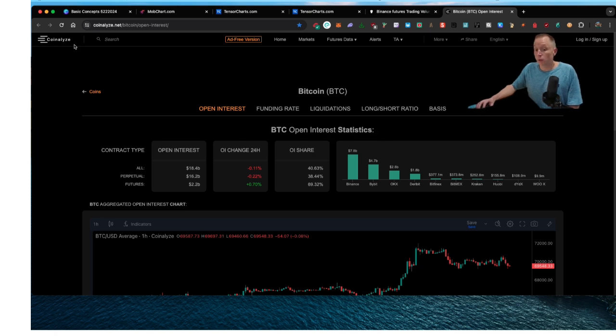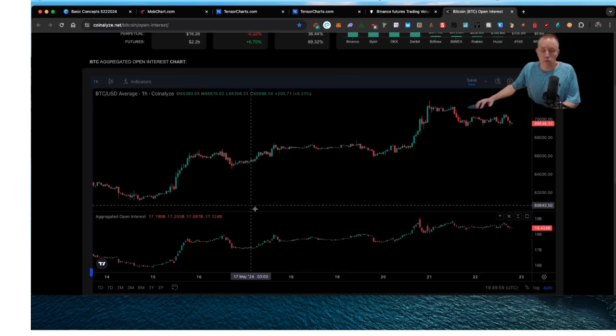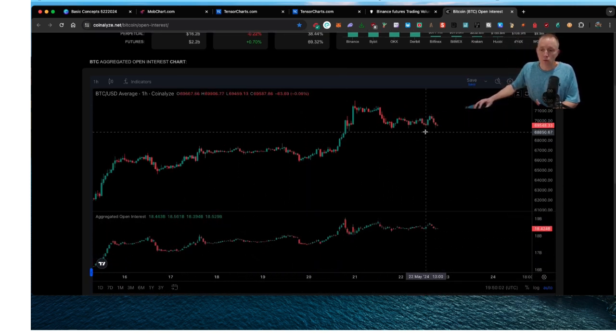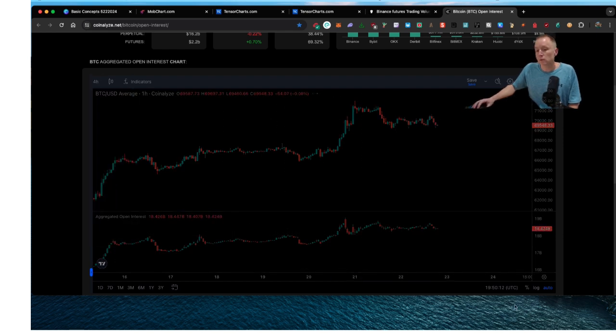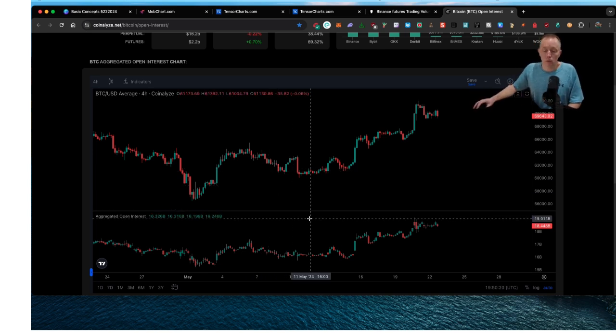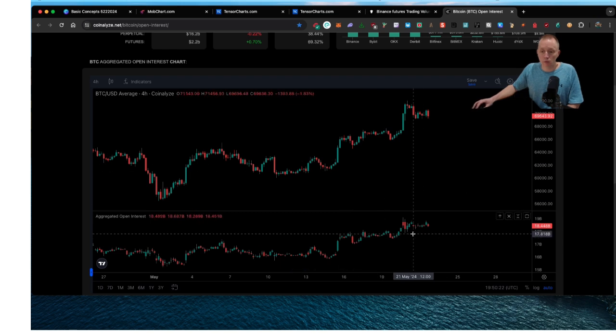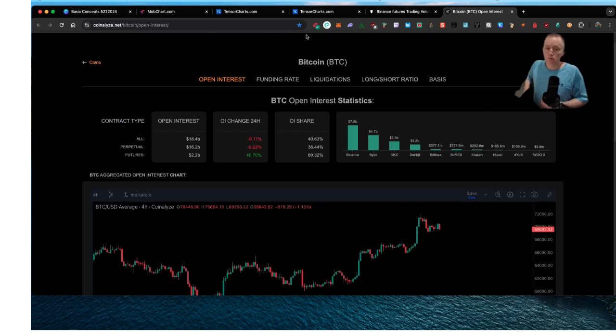I think it's more helpful. This is another website called CoinAnalyze where you can look at open interest and funding rates. I find it more helpful when you have a chart to go along with it, so you're looking at the actual price. You can look at trend or actual price action and then see if open interest is matching that or starting to give you any type of divergence. Typically, the higher the time frame, just like most other things we do with technical analysis, usually the stronger the indication in the signal. So I always keep that in mind as well.